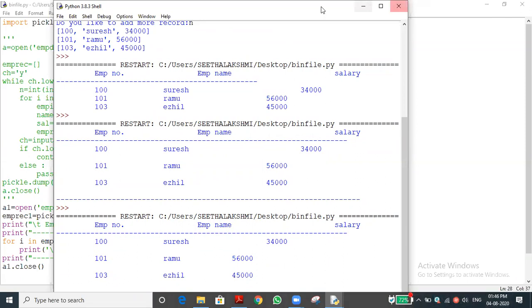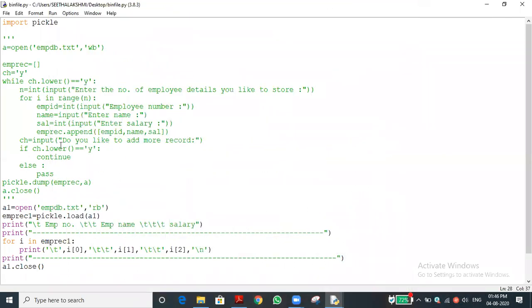I think the reason is that the first time we entered one record, we stored and appended it, and the second time we read all those things. How the loop will execute, we will see that. The data will be appended into the list. Again it is asking the details, again the while loop is there. Inside the while loop we are giving n. So again we give 2, the loop will execute. It is fine. I will check this.